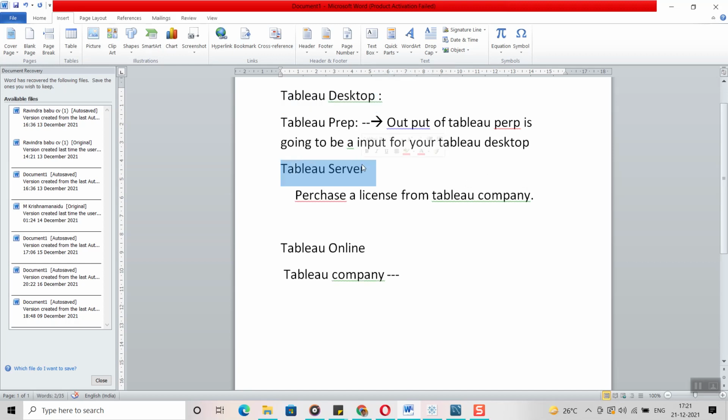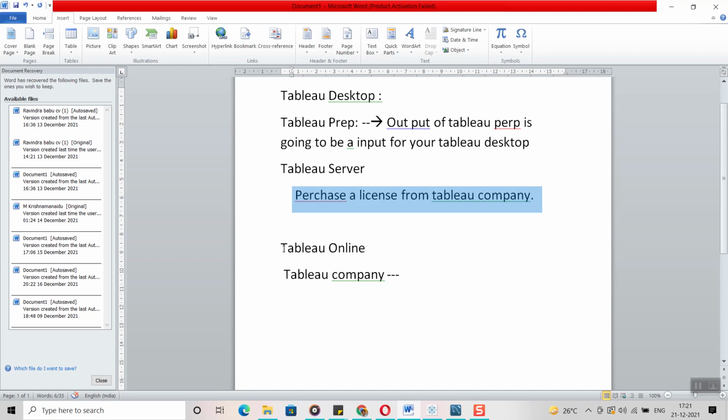Whether Tableau Server or Tableau Online, it depends on our project managers, as per the SOW. Either Tableau Server or Tableau Online is going to be purchased for our project. If we have Tableau Server, then the installation and everything is maintained by our company.